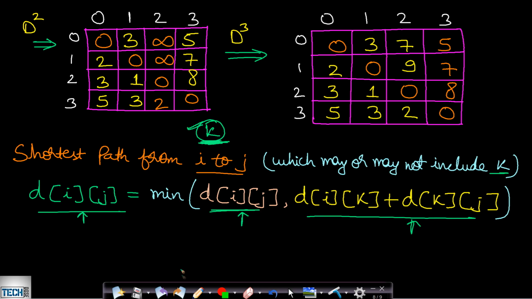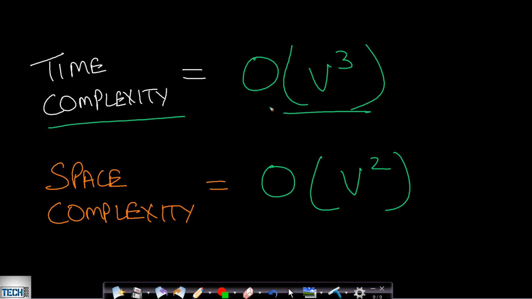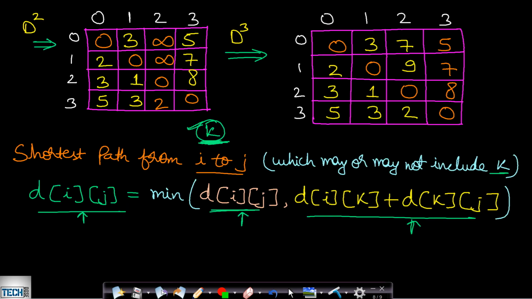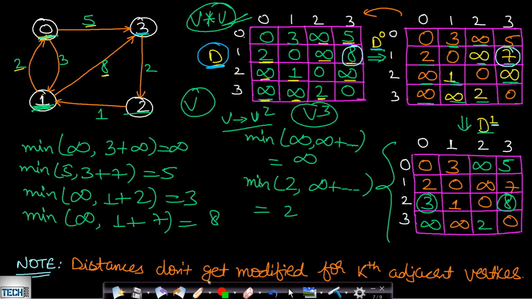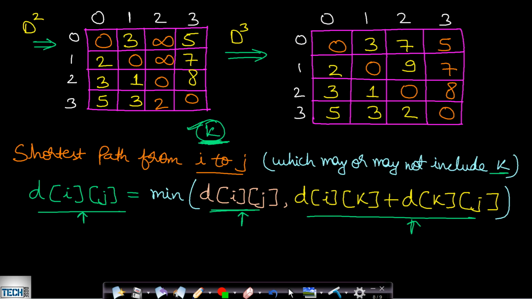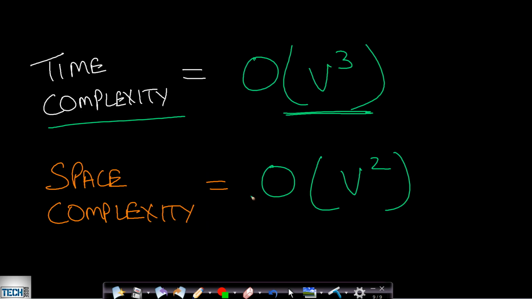Now having seen this algorithm, what will be the time complexity? Well, the time complexity will be order of V cube. And why is that? Because we are including all of these vertices each and every time. So there are V number of steps for inclusion. And now you are filling the matrix which is of size V by V. So this matrix size is V square and we are filling it V times. So it will be V into V square which will be V cube. Okay. So the space complexity will be V square since we are taking a matrix of V square size. So this is the time and space complexity analysis.